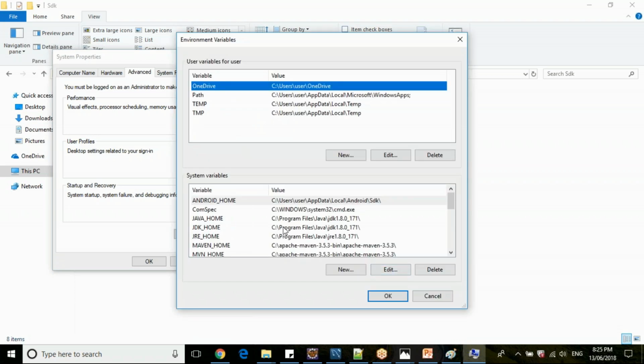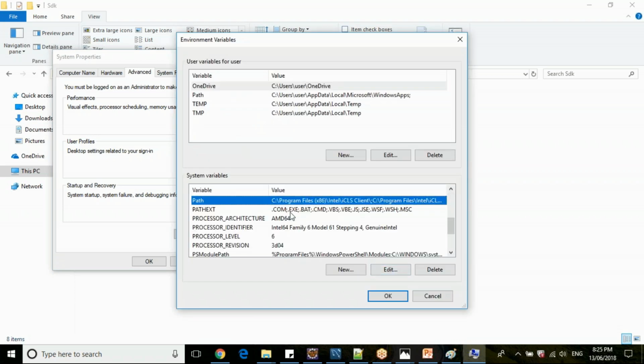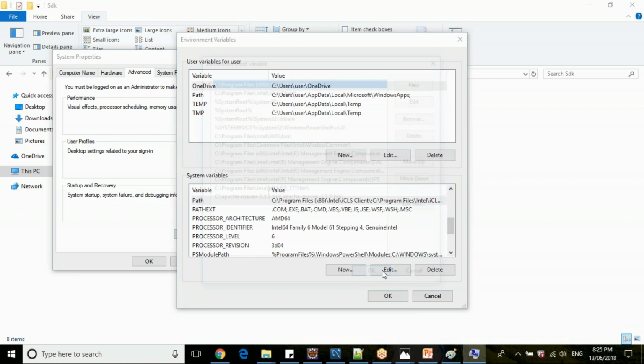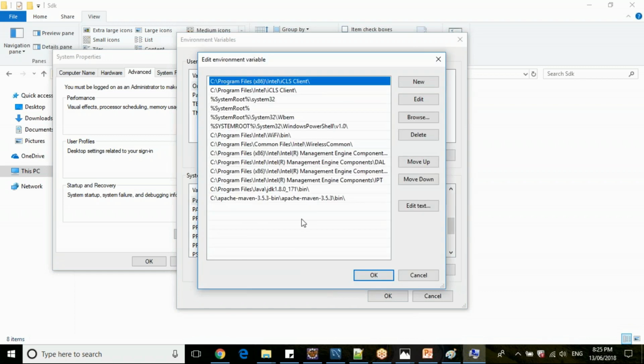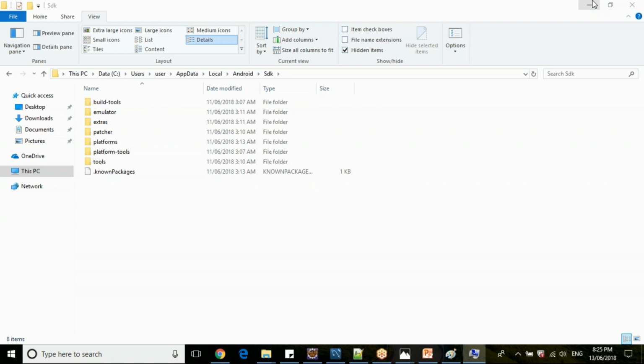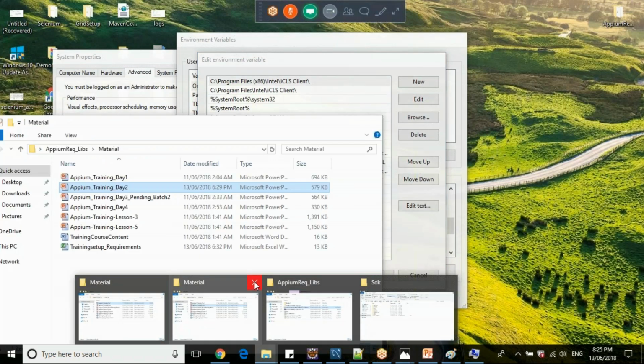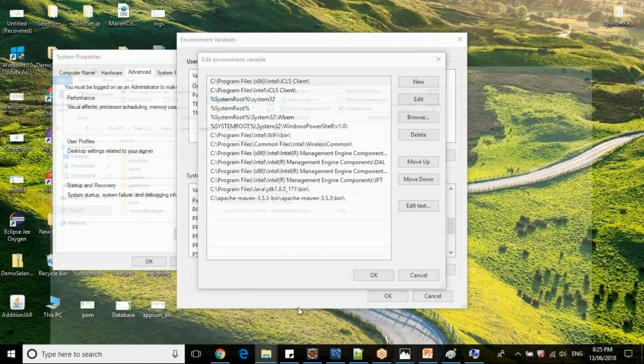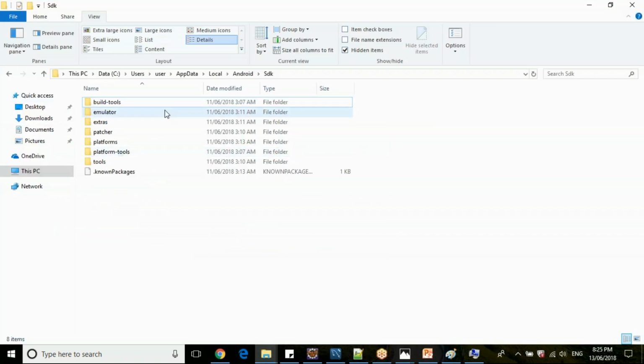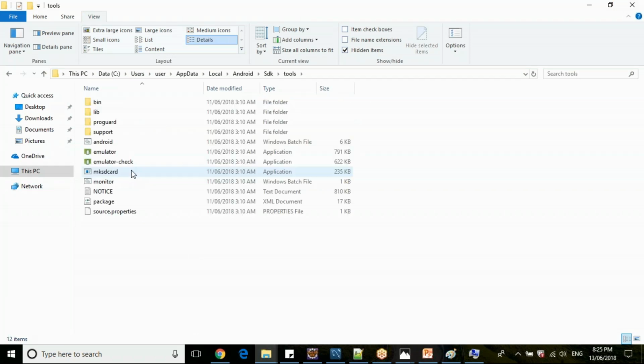So the next thing is go to the path variable. Under the path variable, we have seen how to set up the Java path, right? Similarly, in your SDK folder, you have different folders here. Let me explain what each folder will do. Under the tools folder, you will have the options to create emulators.